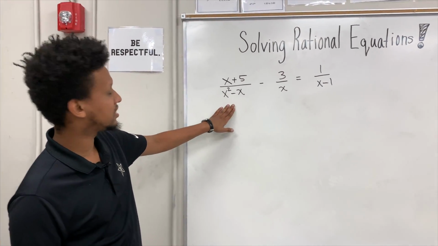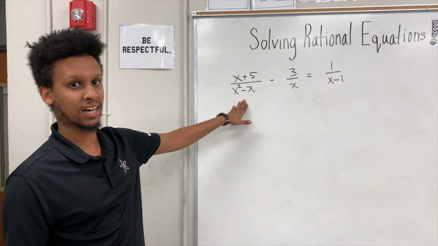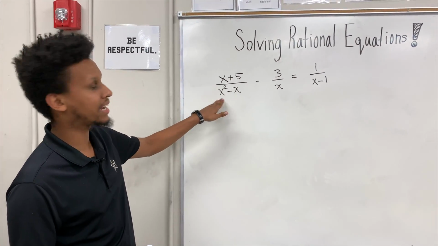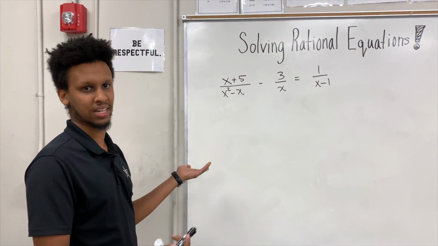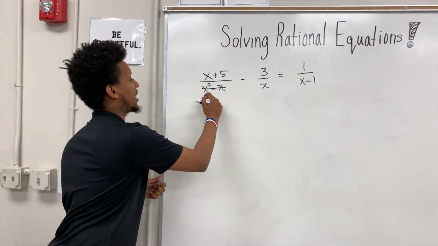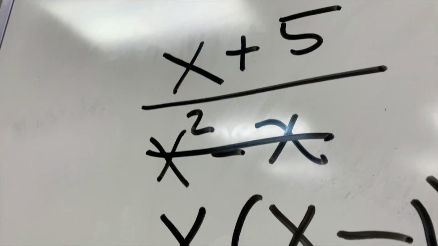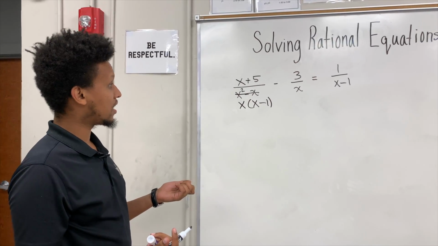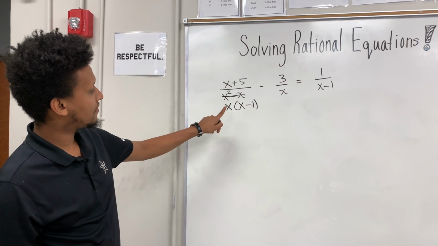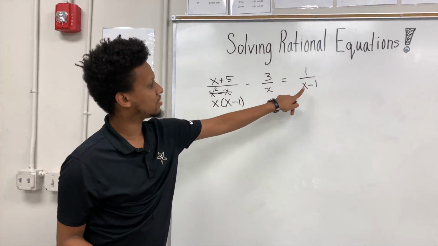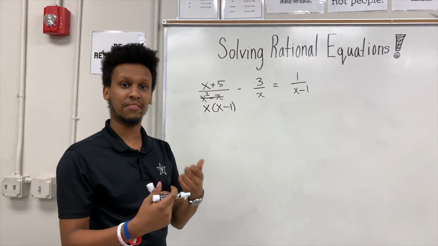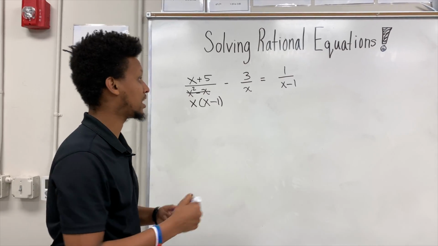But you can't do that until you factor x squared minus x. And the way you do that is you take out what they both have in common, which is x. So you're going to have x times (x minus 1). So you see that we have an x here, we have an x here, but this one doesn't have an x. So whatever I put there, I'm going to use a different color, and I'm just going to put an